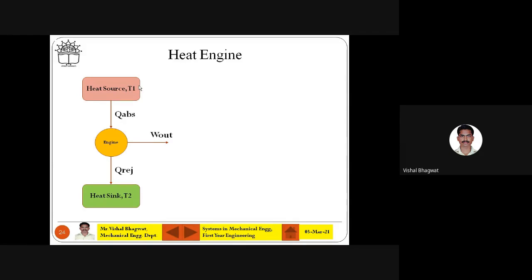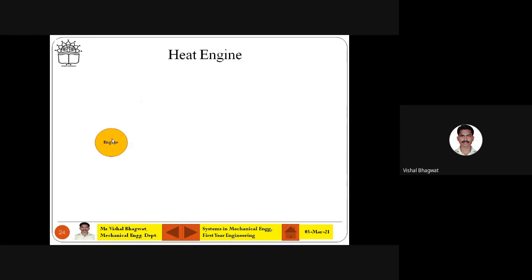Okay, now a few minutes are very important for you. You please concentrate here. I hope you are with me. So this is the engine, a simple representation of an engine. You see how the engine runs. You get some input energy. So Q absorbed is for the engine. The engine absorbs some Q. Q means heat.